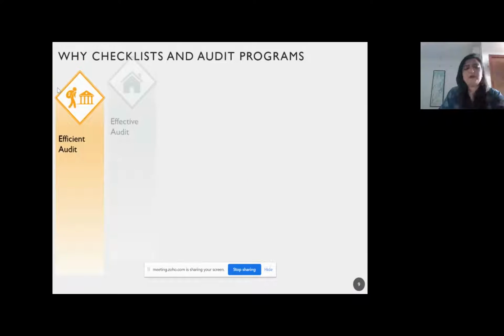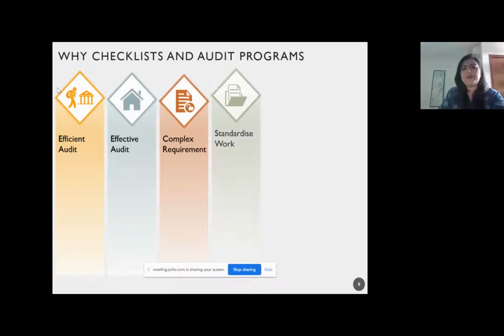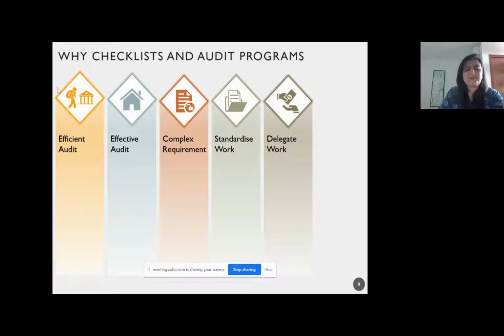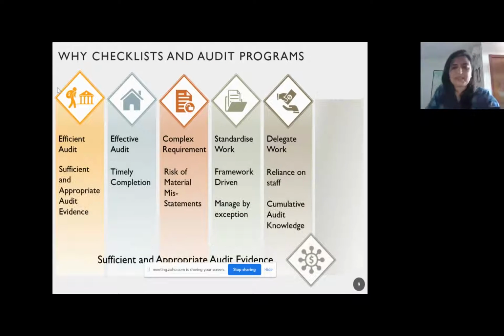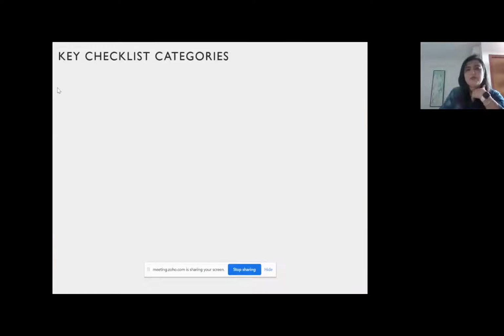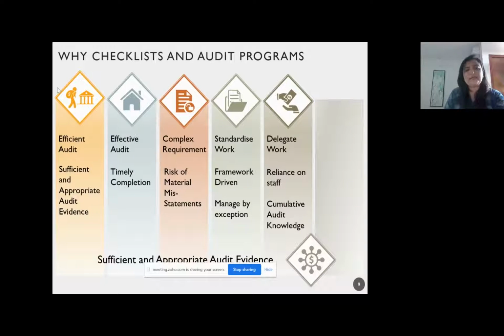So today, before I just jump into the checklist, why do you need a checklist? I mean, frankly, some of you might say you can even skip this slide, and I would think so too. I need a checklist because it helps me to do an efficient audit. What's an efficient audit? All of us have a limitation on fee. A client is going to pay only 1.5 lakhs. So I need to mentally decide within 10 days X of time of article, staff, everything put together, 30 mandates, I have to finish this audit. I want to do an efficient audit.